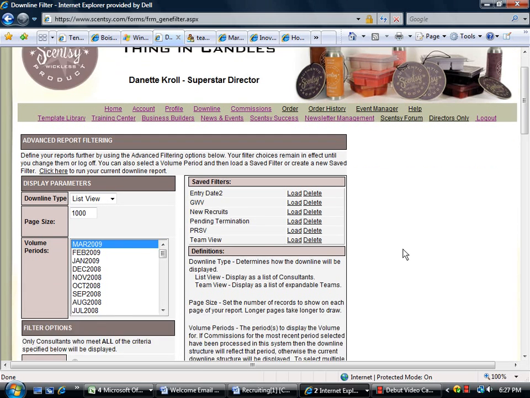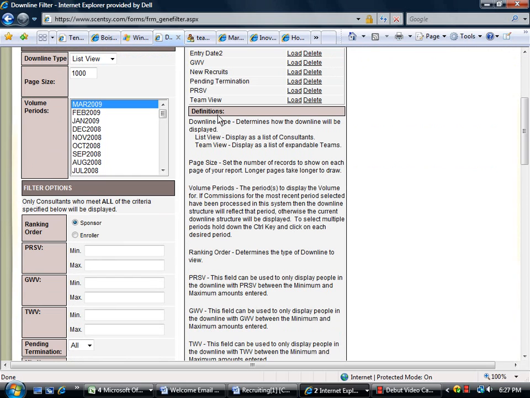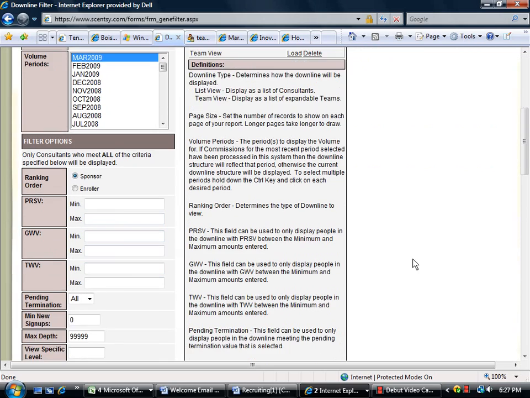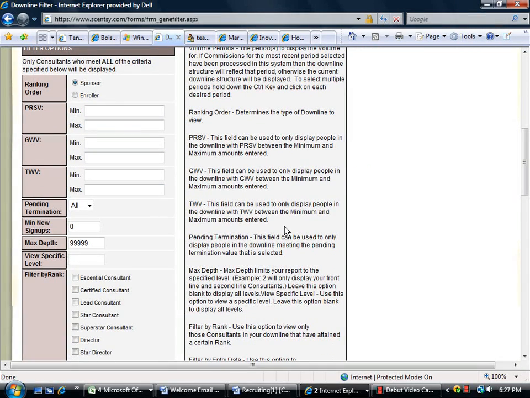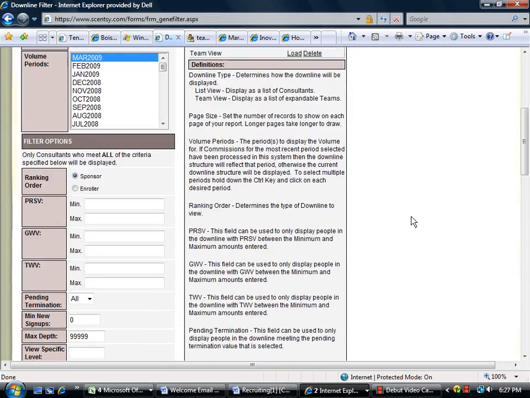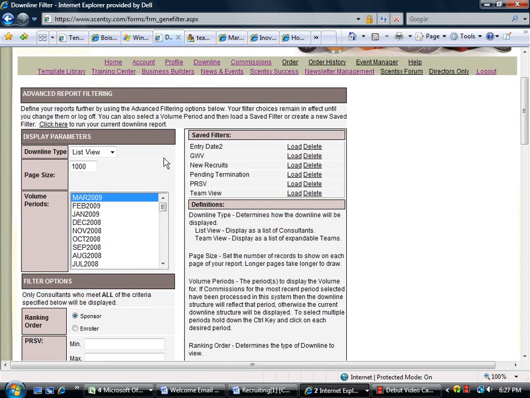this tool. So the way this works is over here on this right side, it provides lots of definitions as to what all of these sorting capabilities are. So you'll want to read those so you understand what's possible. But I pretty much use this tool in a fairly basic way. So for example, if I want to click the most current month like March 2009, which is the time of this recording,